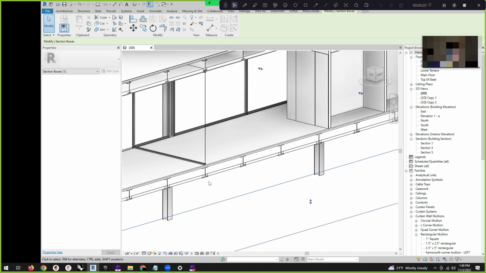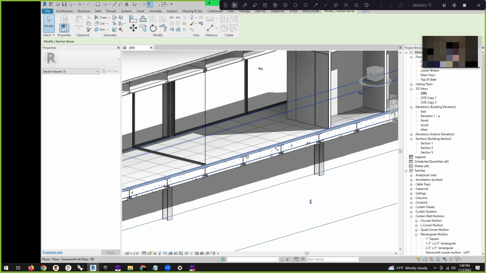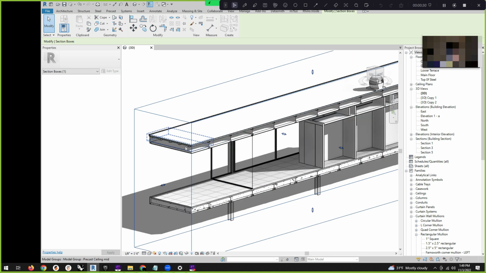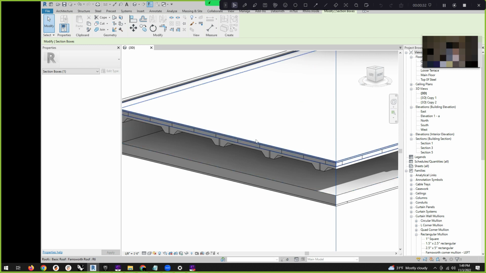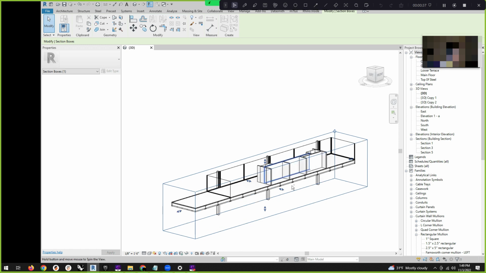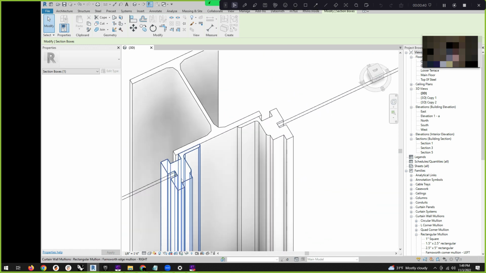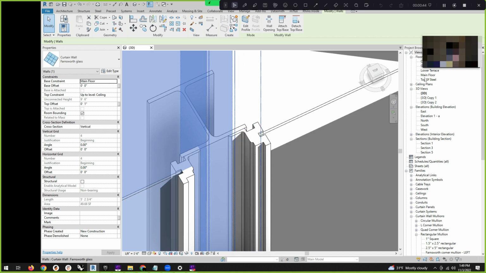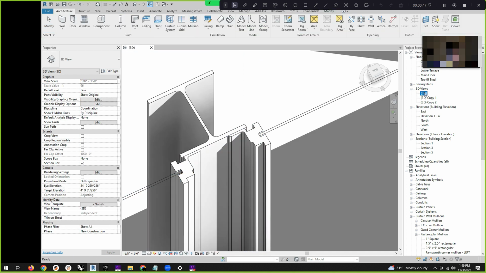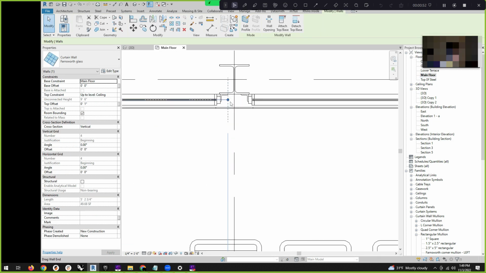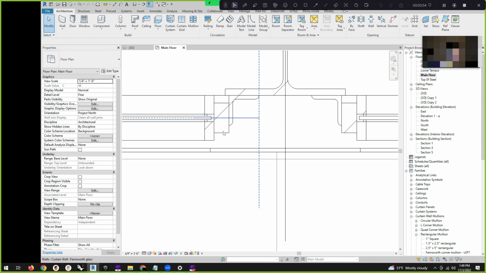If I take a couple of sections, every piece of structure and every concrete fill and all of the windows, including the roof structure and even the concrete pan, have all been modeled in this. This is probably way too much detail for a typical Revit model. Even the windows all have custom profiles and stuff in them, so that you can see in section here and floor plan, they all